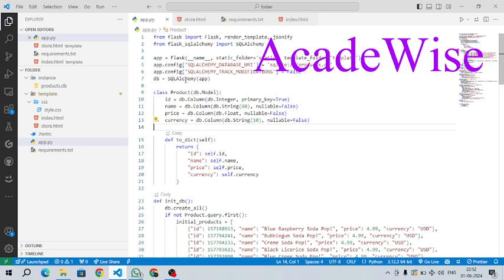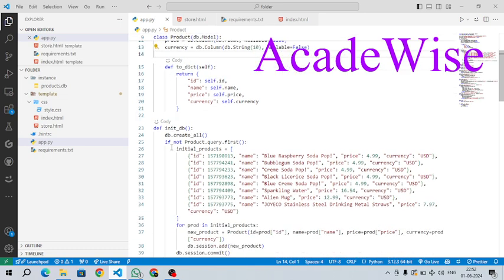Then we created a database first, and a Product class, and inside that there are three properties: name, price, and currency for any product, and id is the attribute basically. And to create a dictionary, we have created a basic name for that one. Then we created